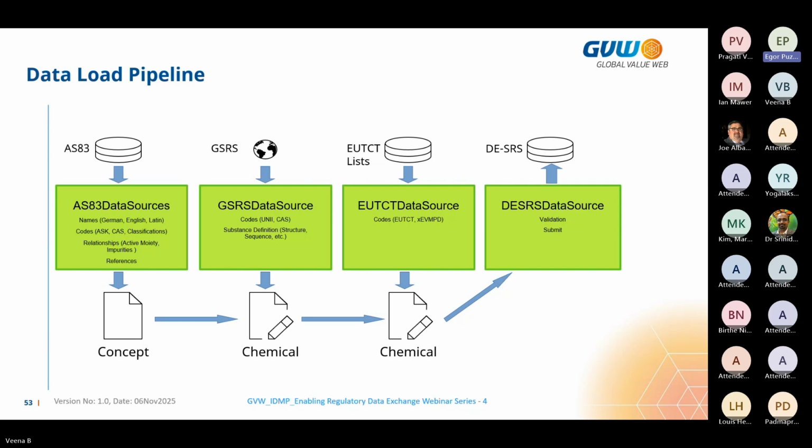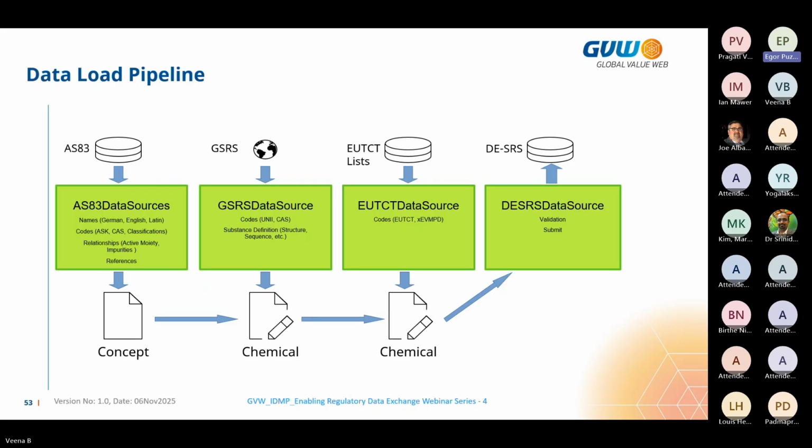This is exactly how we did these substance mappings. If we are lucky and find the right substance in GSRS, then we take this substance and enrich our JSON with additional information like the substance definition with structure, sequence, structural diversity information, and additional codes like UNII, CAS,